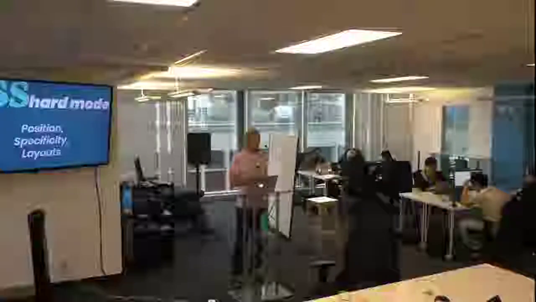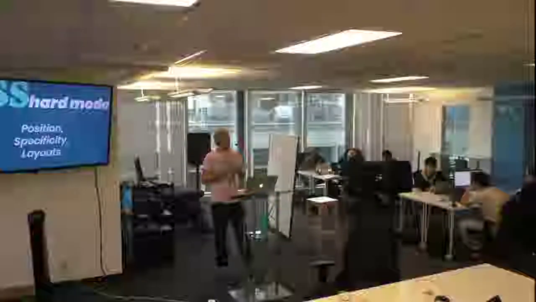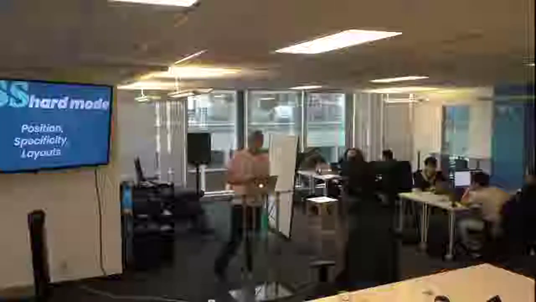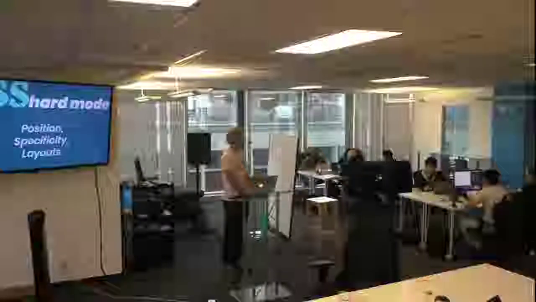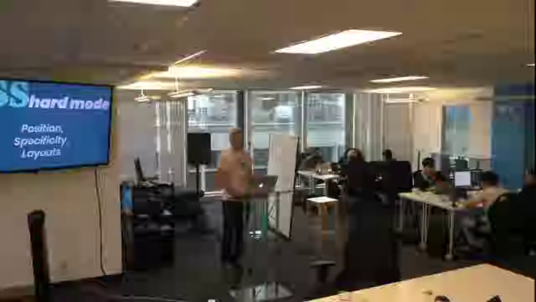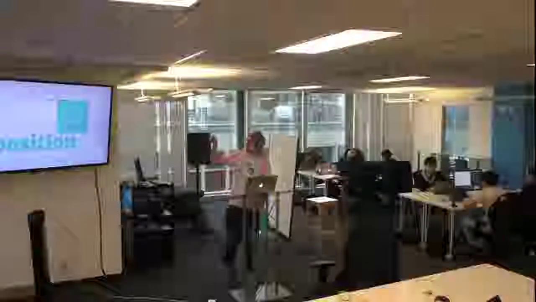If we apply a certain style to all paragraphs, but then we want one paragraph to have a little bit of a different look, we might need to be more specific so that those properties apply to it instead. And then we'll spend a little bit more time this afternoon talking about that grid system that I showed you, and how you do more layout style stuff. Okay. So position. This is all about that top left corner. Where does this thing go in the document?